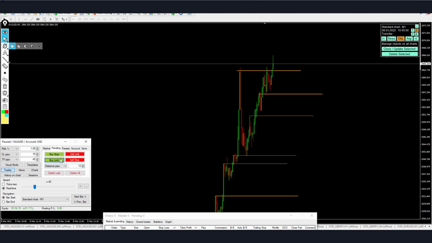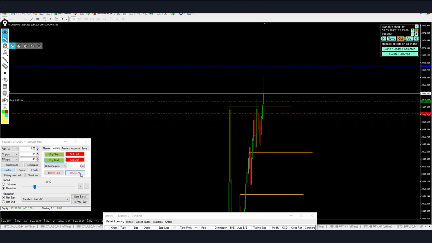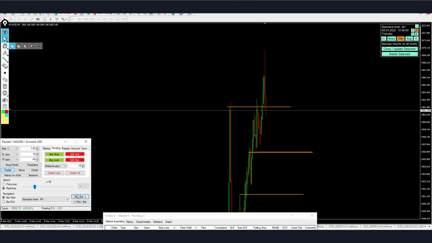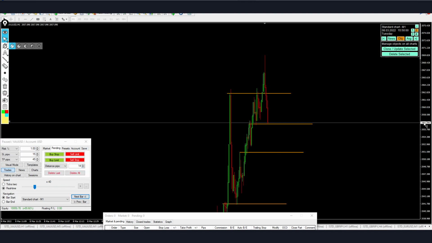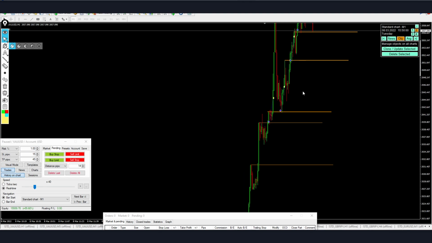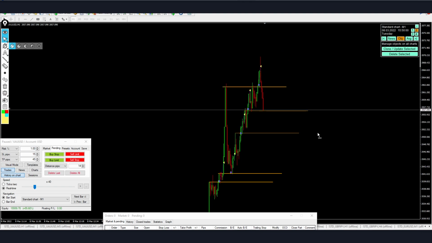Now we take another buy. Boom, another one. Nice, lovely. 55% today we did. One, 2, 3, 4, 5 trades just in this bullish price action. That is absolutely